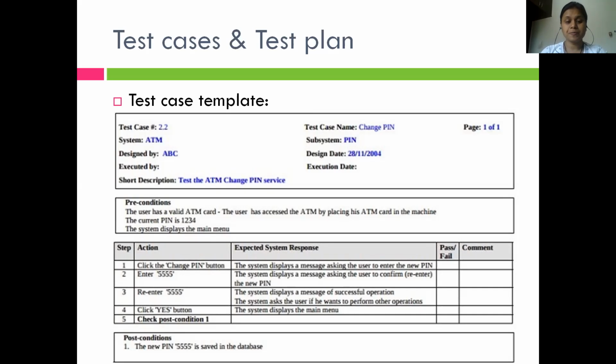Now remember, guys, these test cases, all different types of testing, can be asked in the examination. The test case template can also be asked in the examination. So please learn the test case template and be prepared with one example of the test case template. It may be asked in the examination for you to write the test cases for any of the examples given to you, or write the testing plan for the example given to you. You should be prepared for that. Okay, so please learn the test case templates also.